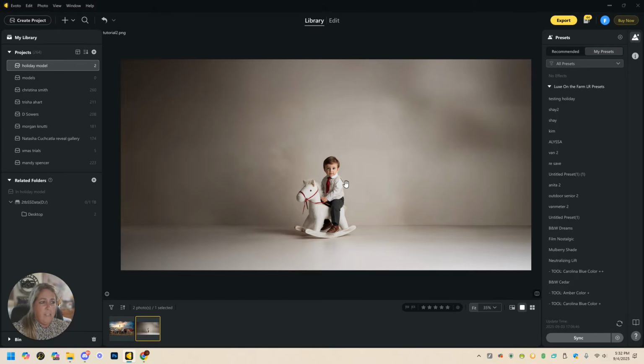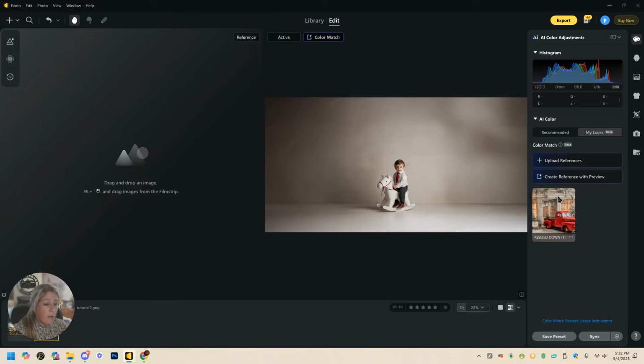So the very first thing that I want to do is make sure that the color toning of this image is going to be correct for the background. So I am going to come up here to edit, and I'm not going to go over all the rest of these things. We could do eyes, we could do skin, we could do hair, all the things, but we're not going to go over that. We're just going to talk about how I use this to change the backdrop of this image. So I want to go to AI color adjustments over here,